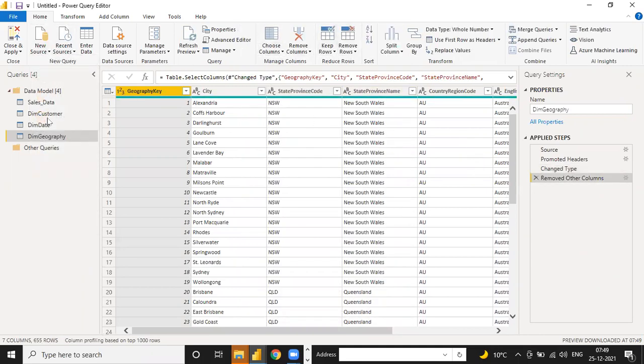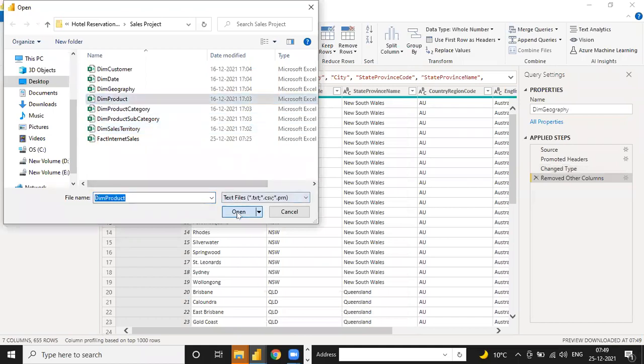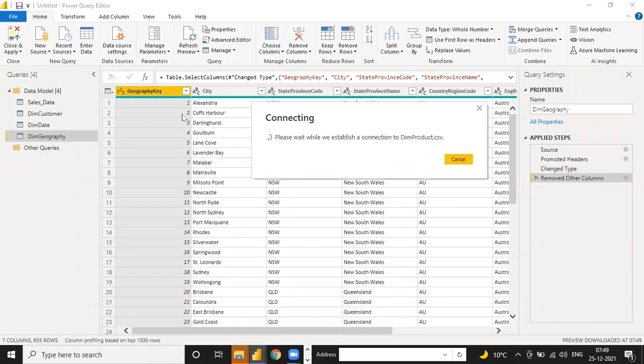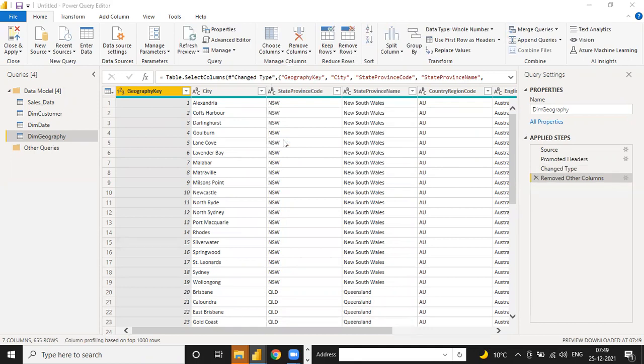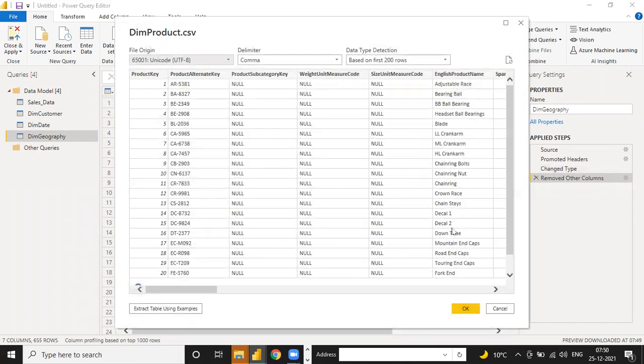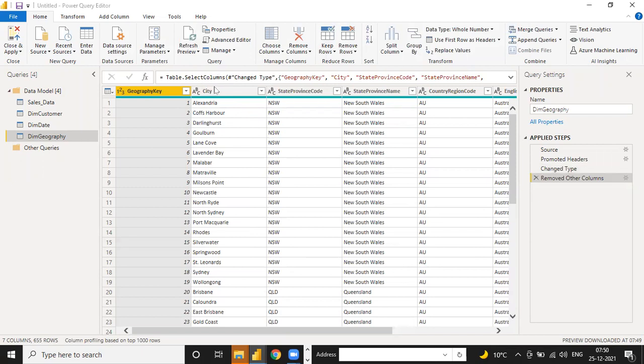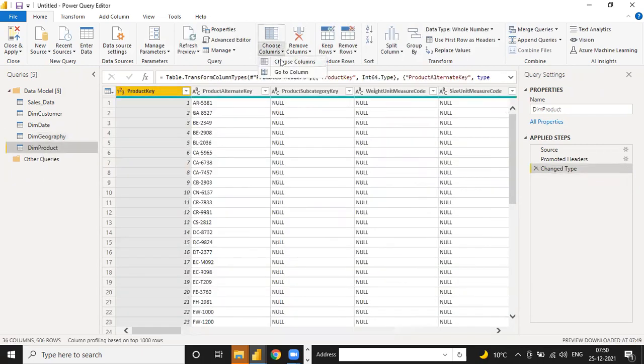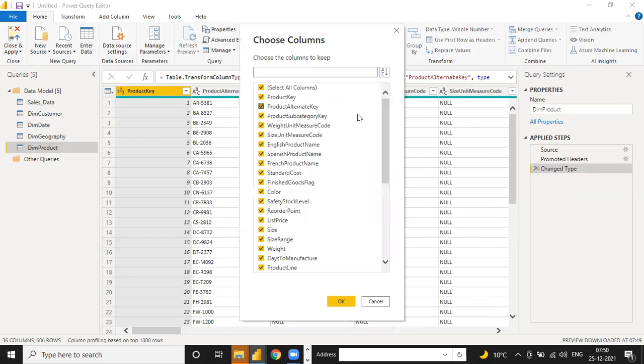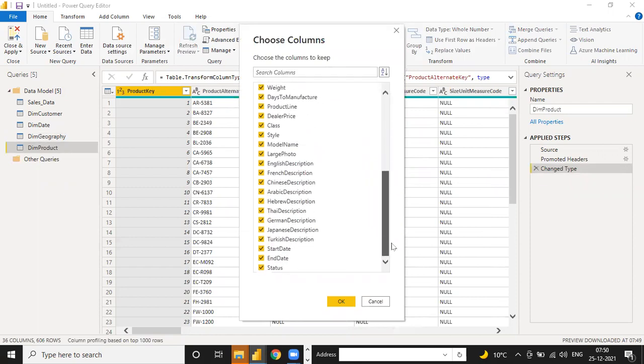Same way, go to the next file. New source, text and SQL, product file. Okay, choose column. Here we have a lot of columns in the product key, like status, start date, end date. This one we don't need.